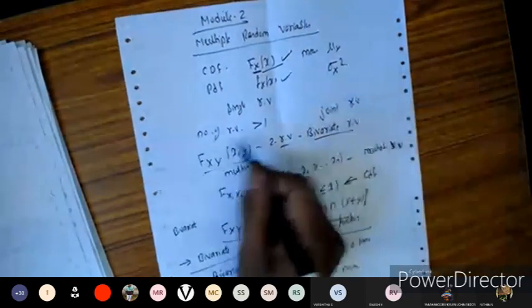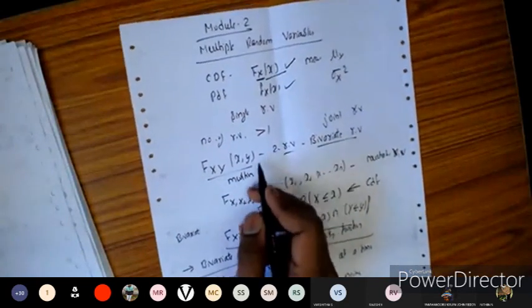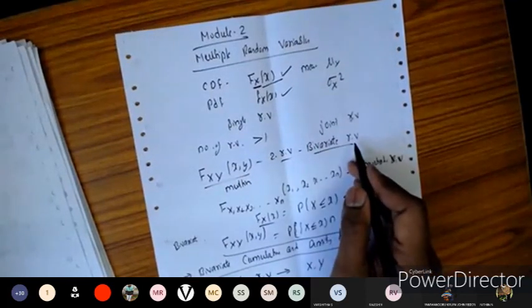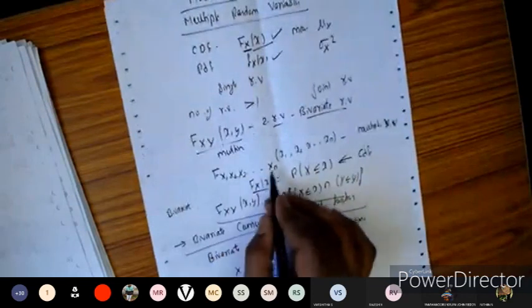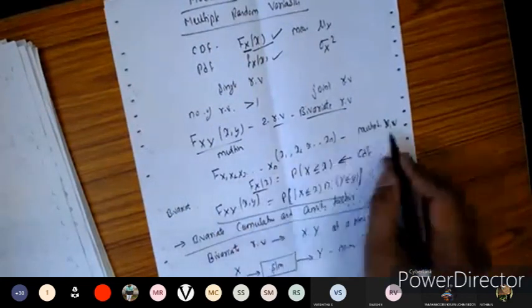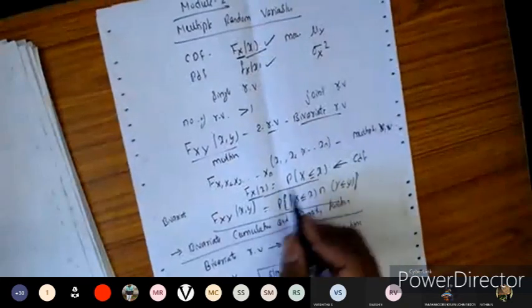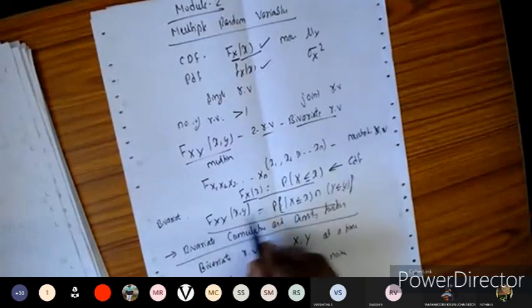If we consider more than one random variable, it is called multiple random variables, or in particular, if it is two, we call it a bivariate random variable. If there are multiple random variables like this, we call it a multiple random variable. So in the previous module, for the single random variable, we have seen the CDF, and similarly for the multiple random variables,